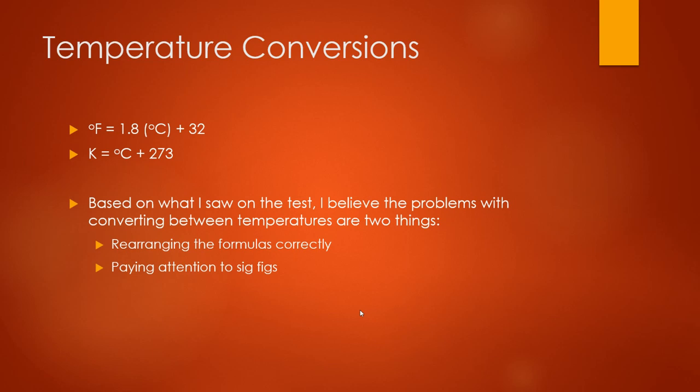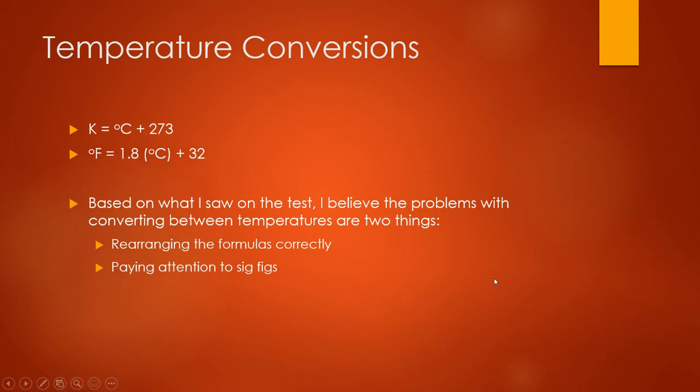The temperature conversions. These are the two equations that we've been using in class to convert between temperatures. So we have one that allows us to go from Fahrenheit to Celsius and the other one from Kelvin to Celsius. So based on what I saw on your Chapter 2, Part 2 test, I believe the problems with converting between temperatures are the result of two issues. One is rearranging the formula correctly, and the second is paying attention to sig figs. So I want to work on rearranging the formulas